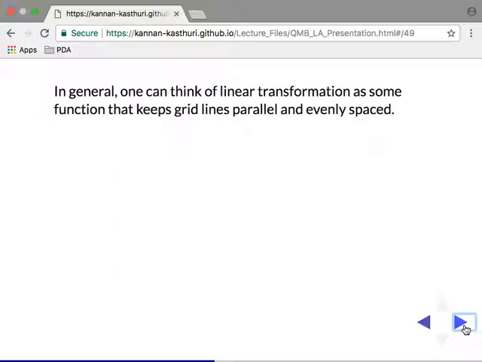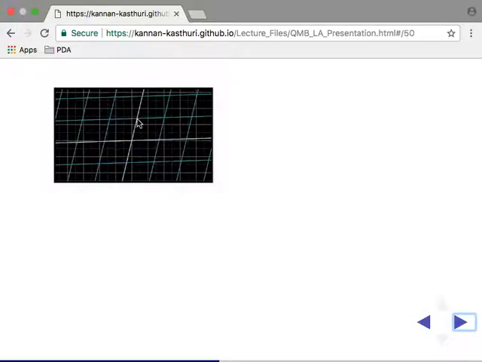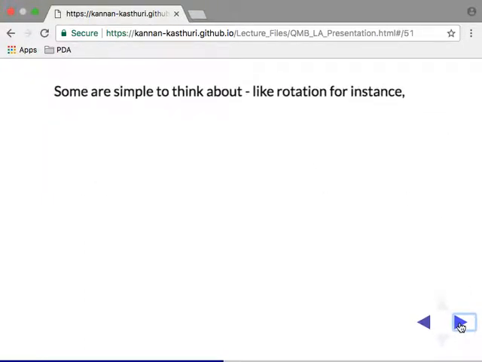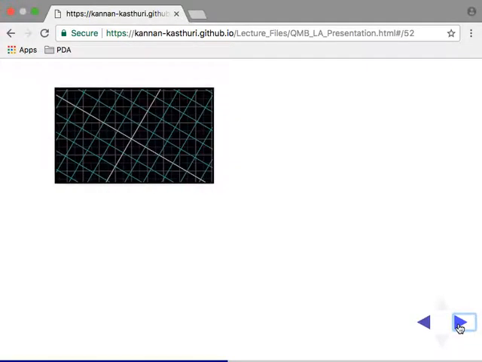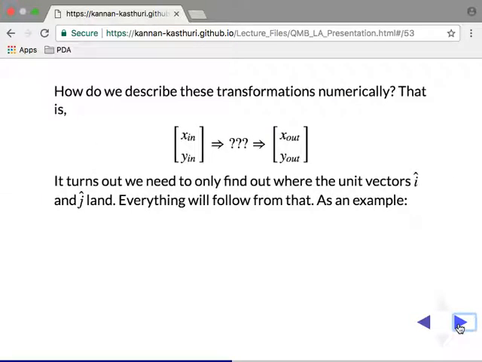That's one of the key characteristics of a linear transformation: if you have grid lines and you perform the transformation, they should be evenly spaced and the origin should remain fixed. So for instance, rotation is an example of a linear transformation. You can rotate about the axis, like a 90-degree rotation or whichever degree of rotation, and it's going to be a linear transformation, right?